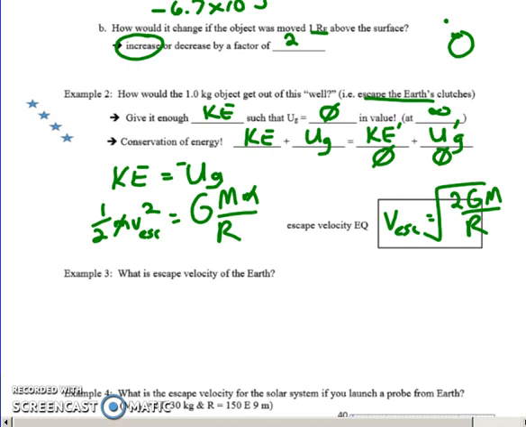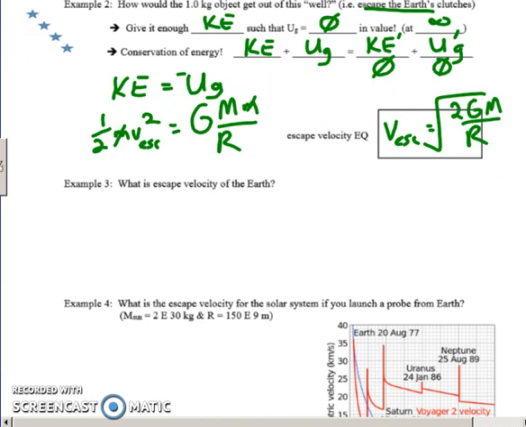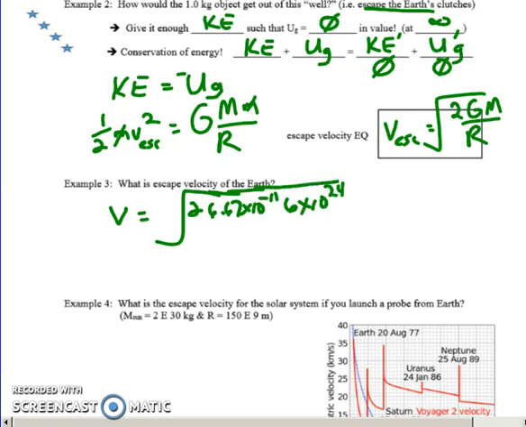So we can now, in the minute we have left, let's apply that to the Earth. If we want to escape the Earth, how fast would we have to launch an object? So V would be equal to the square root of 2 times 6.67 times 10 to the negative 11th, mass of the Earth is 6 times 10 to the 24, all over 5.96 times 10 to the 6th. And that is going to equal